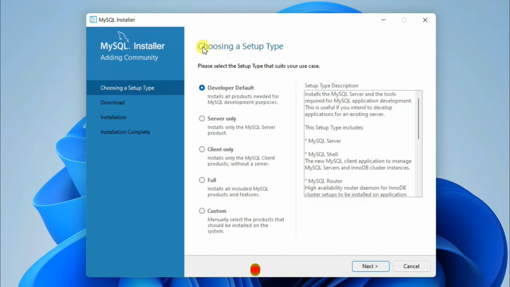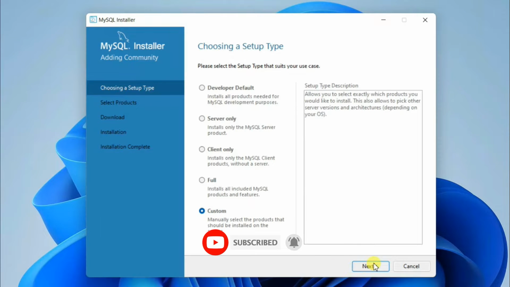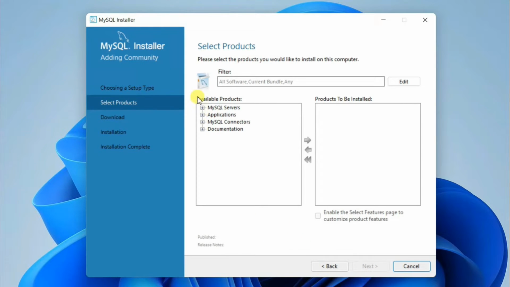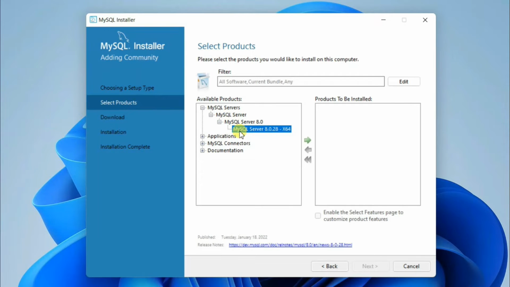here. So here under this Choosing a Setup Type, I'll recommend you to check this Custom one, and then simply click on next, and here under this Select Products, these available products, you need to click on this drop down of MySQL Servers. So just click on that, then again click on this expand icon, and here you'll be seeing this MySQL Server over here. So just click on that and then click on this arrow. What it will do is it will move your MySQL Server under this Products To Be Installed, right? So to move your MySQL Server under Products To Be Installed,